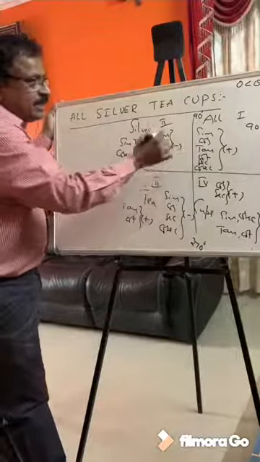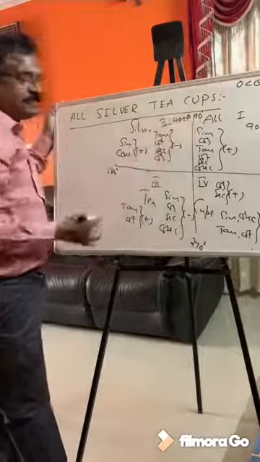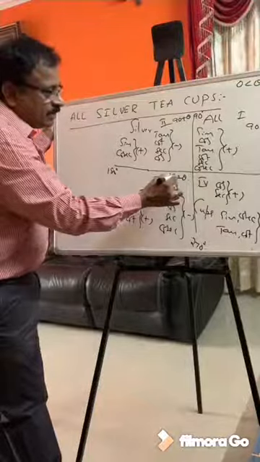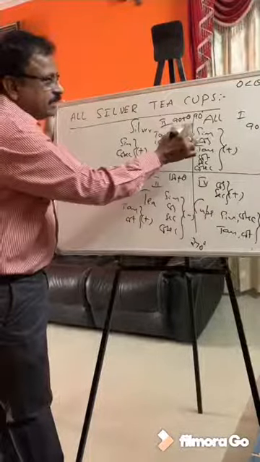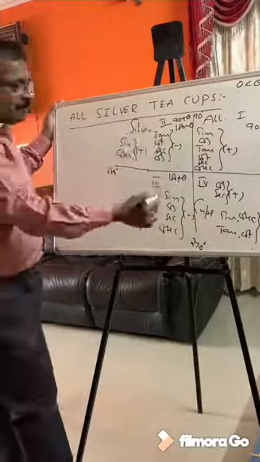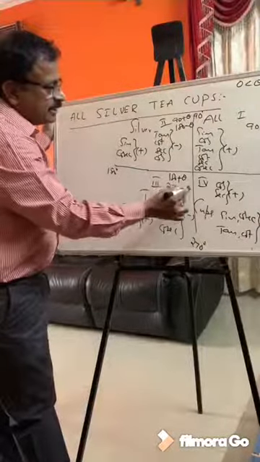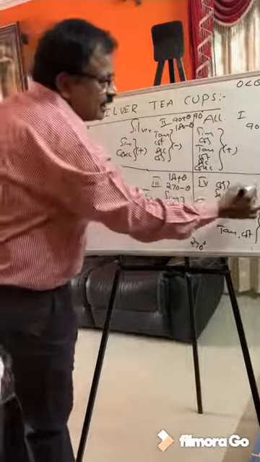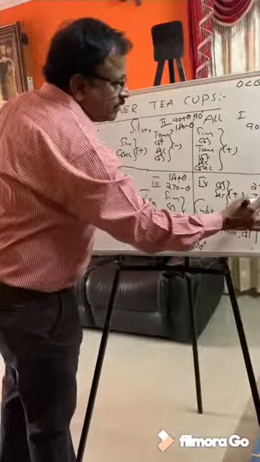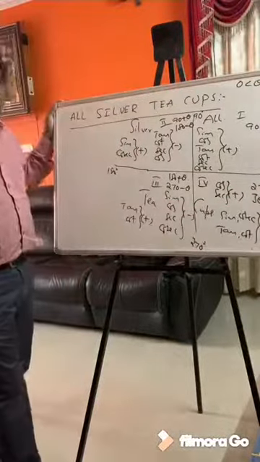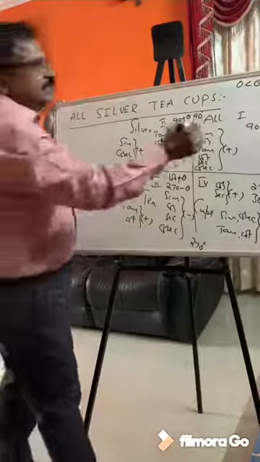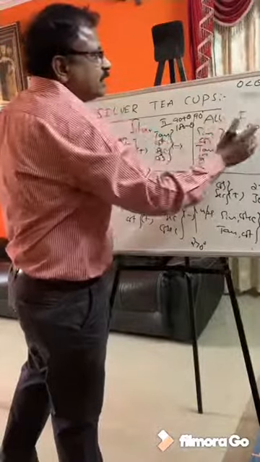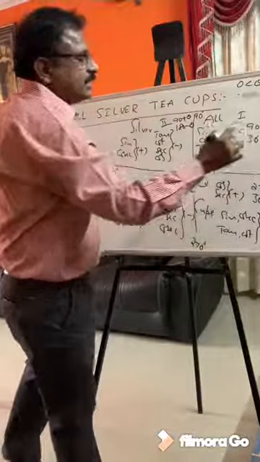Suppose if it is above 90, this becomes 90 plus theta. This is more than 180, it is 180 plus theta. And this is 180 minus theta because 90, 90, 180, less than 180. 270 minus theta because 90, 90, 90, 270, less than 270 you are taking. So 270 minus theta. Here 270 plus theta, 360 minus theta. This is 360 plus theta. Here, I'm sorry, 360 plus theta.